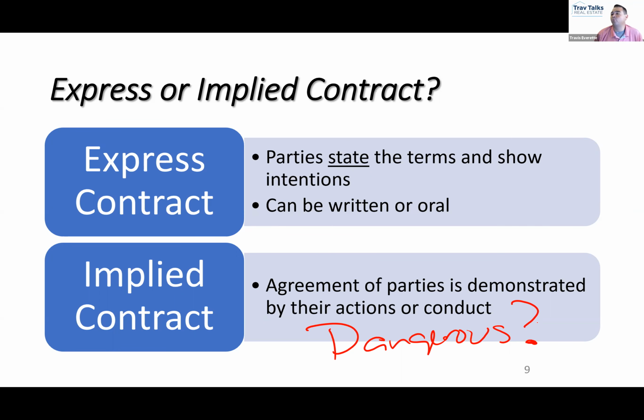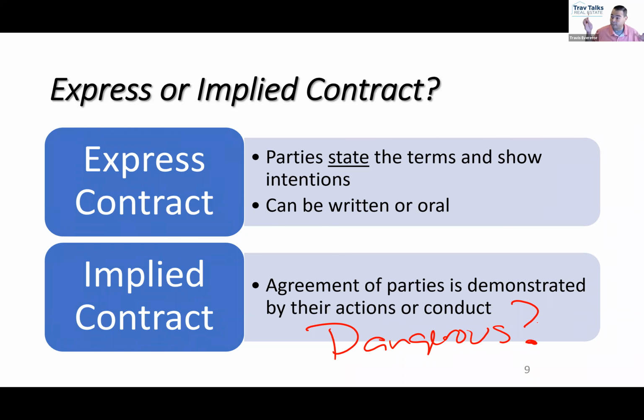Implied agency is a really ugly thing. Don't ever represent somebody unless they've actually hired you. Now, with sellers, that means they can only hire us how? In writing. With buyers, can we have oral express buyer agency? Can we be hired verbally by buyers? Yes, for a limited time. But it still has to be expressed.